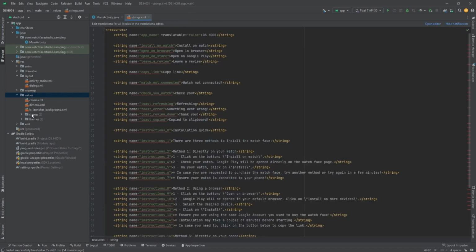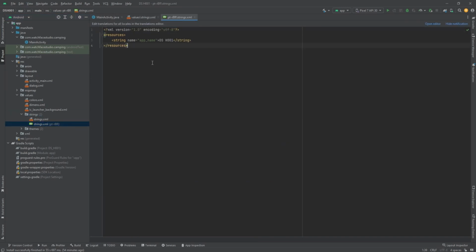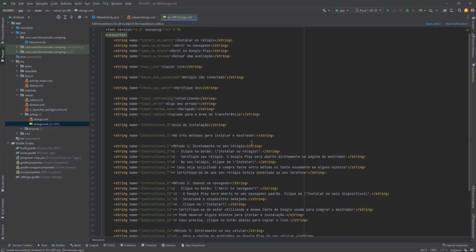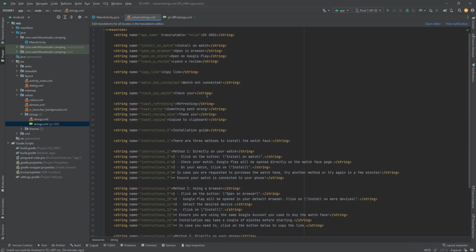On the sidebar, you'll find the folder Strings. Open it. Now you have two string.xml files, one for each language. Click on the one for PTBR, select all the text, remove it and paste the one you copied. Done. You just added a second language. If there are more language files available on the website, you can repeat the process for each one of them.